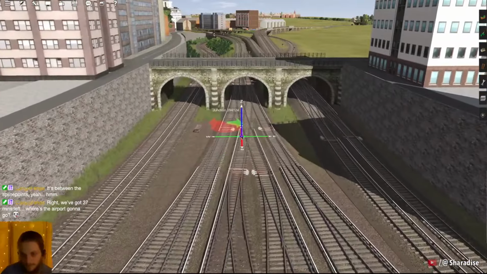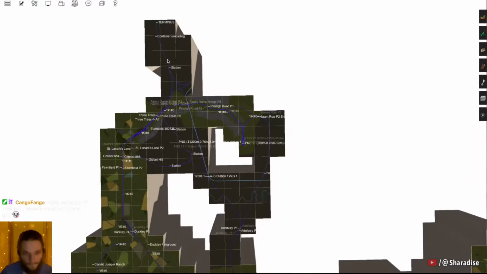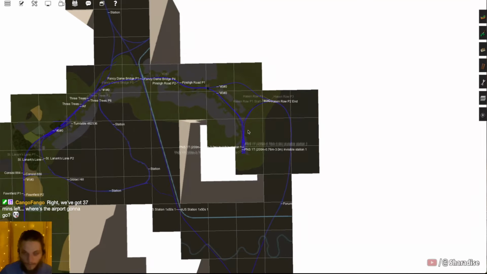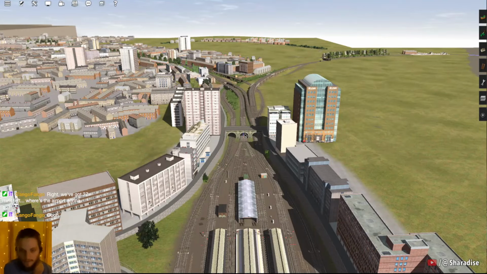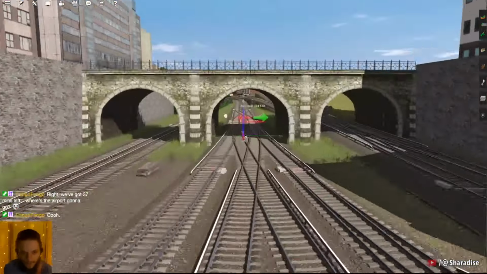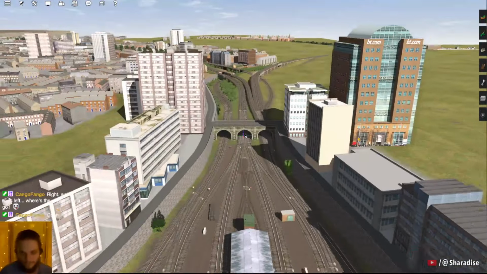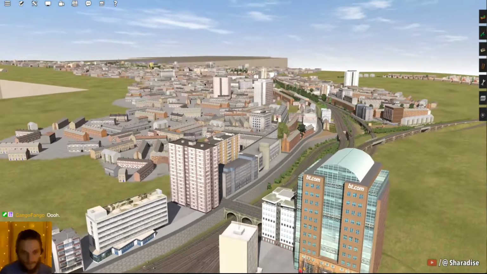Right, we've got 37 minutes left. Where's the airport going to go? If I have an airport, which I don't know, it might go up here where the cargo terminus is. But if I do, then it's probably going to be a little bit further away and quite bare bones. Just maybe a very basic runway, some taxiways, a control tower, and that's pretty much all that is. Because I know how long it takes to make an actual airport, because I know how long it took Eagle to do that, and I don't have the expertise nor time to do that. So if I put one in, it's going to go over there, and it's going to be quite bare bones,